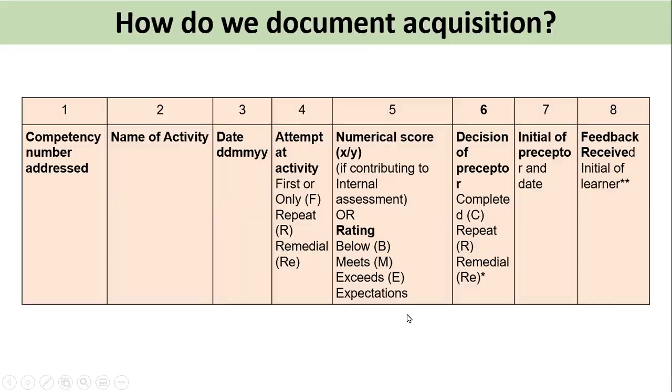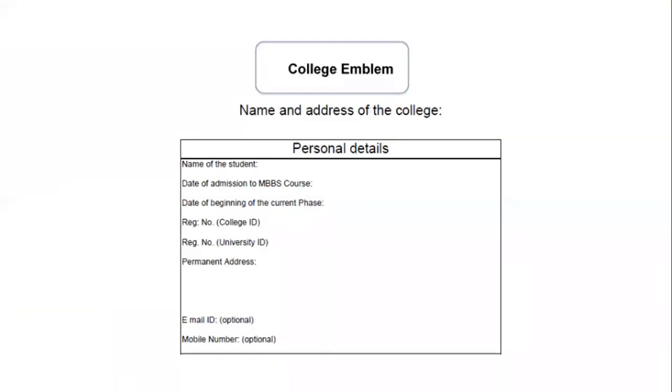So let's move further. Let's look at the sample logbook for professional year 1 as given in the document. It says that the first page should have the college emblem, name, address of the college, and personal details of the student, date of admission, date of beginning the phase, registration number or roll number, university ID. It all varies from college and university. This is then address, email ID,